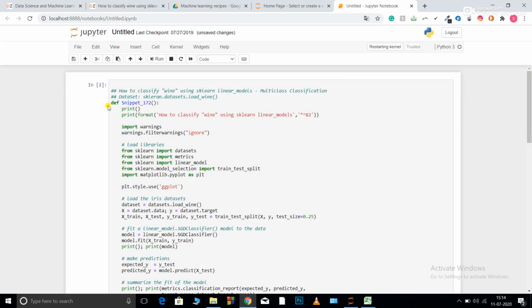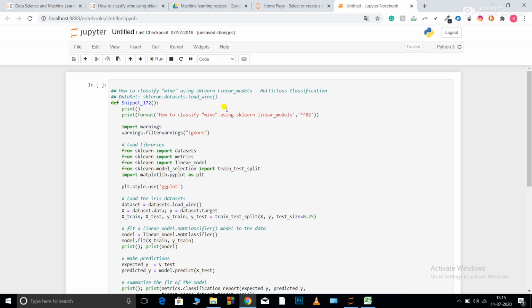So let's get started. Now we are all familiar with the simplest type of model that we can use, that is a linear model. A proper extension of a linear model for classification is logistic regression. But here we are not going to use logistic regression; we are going to use SGD classifier and ridge classifier. So what is the difference? Let's first try to understand it with the help of a regression problem, because these classifiers are just extensions of regression using some function to convert it into a classification model.